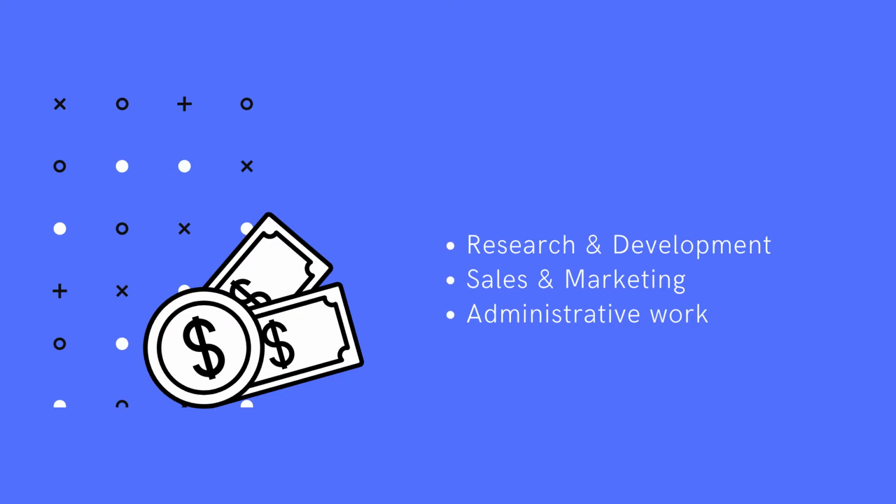Of course, the lower the CAC, the better for you. However, the 3:1 ratio comes from the fact that most businesses spend their time on research and development, sales and marketing, and administrative work. Hence, it is said that you spend first 3 years of your business trying to recover the costs spent in these activities and only start making a profit in the 4th year.